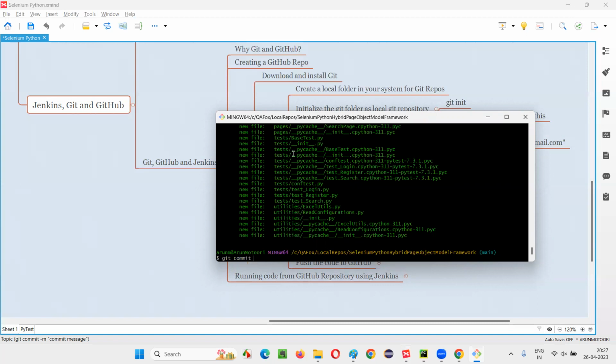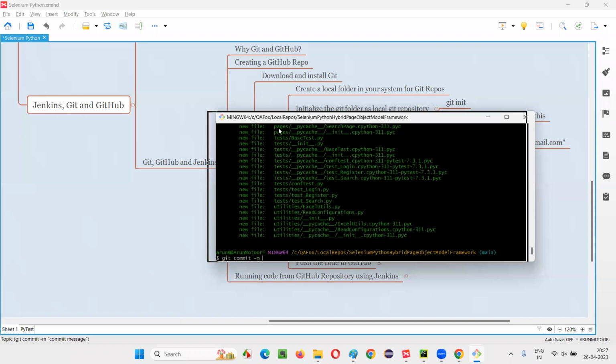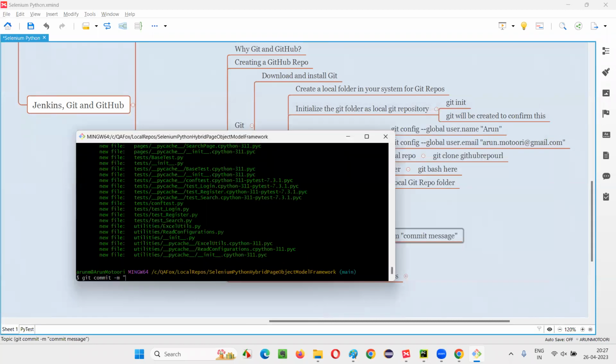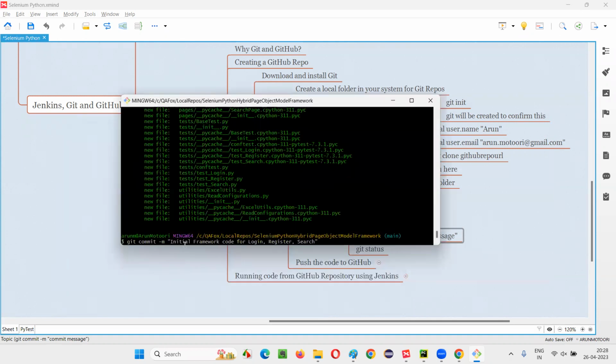All these changes which are there in the staging area now need to be committed. Git commit -m, and give in double quotes the message. Initial framework code for login, register. Only this test we have automated. If you remember in the hybrid framework, these are three functionalities we have automated. So all these automation tests, initial framework code